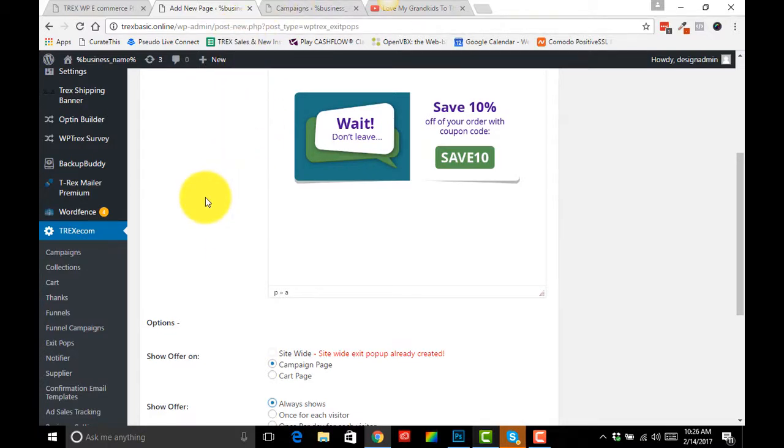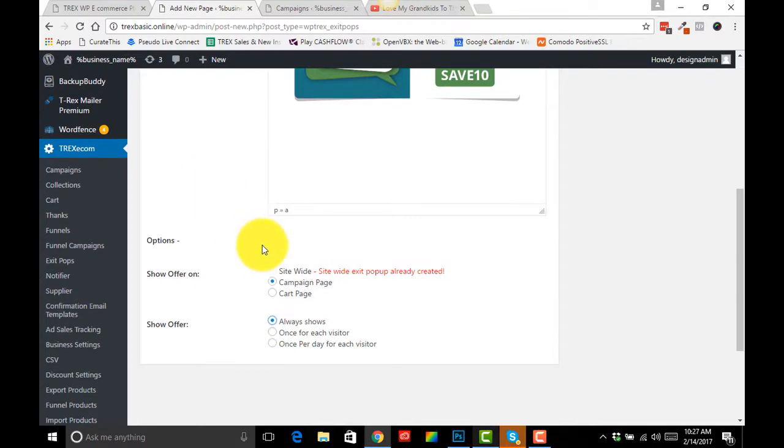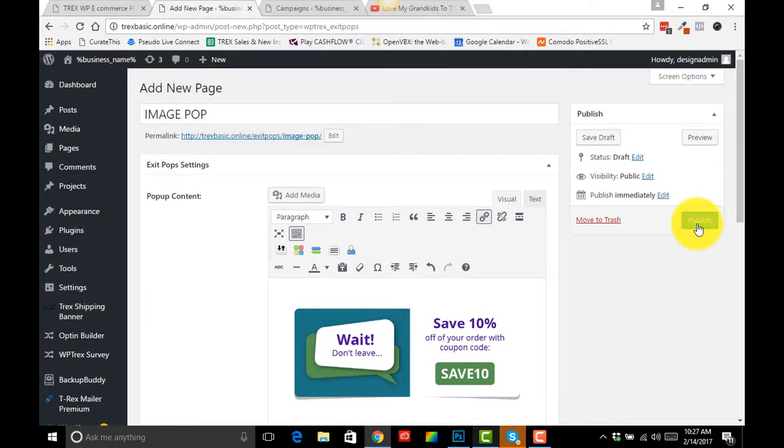Usually if it's set to always show, you'll land on the page and it will pop once as you go to exit, and then if you go to exit again, it won't pop again until you re-land on the page. If none of these are selected, literally every time you exit, it pops up. So if that happens to you, you know that you've done the classic mistake and just forgotten to set these, which is really easy to do. So I'm going to go ahead and click publish on this image one,